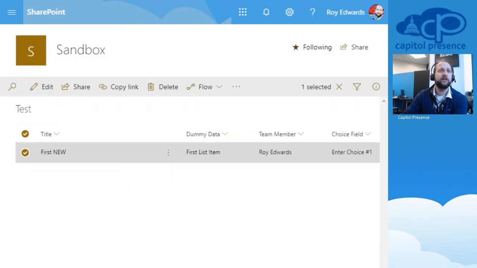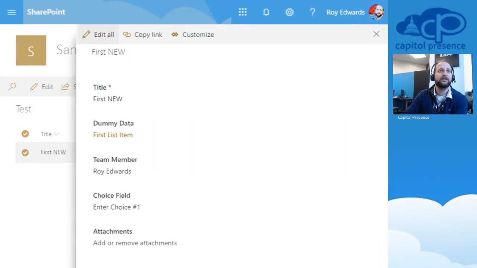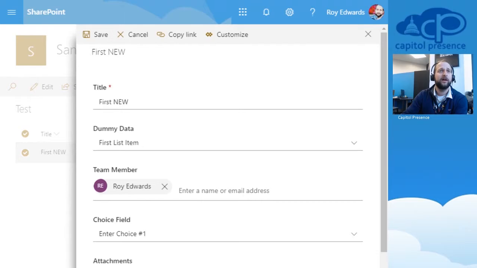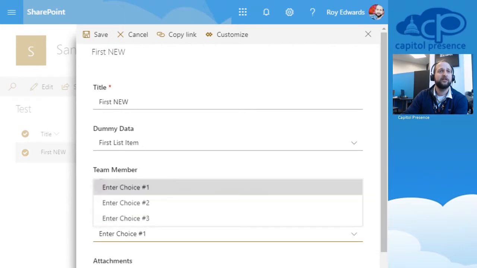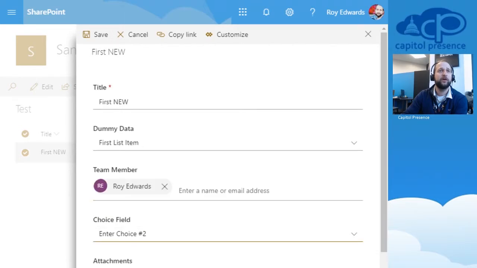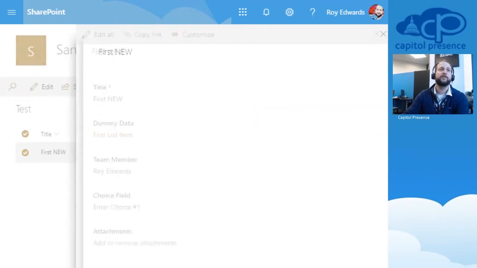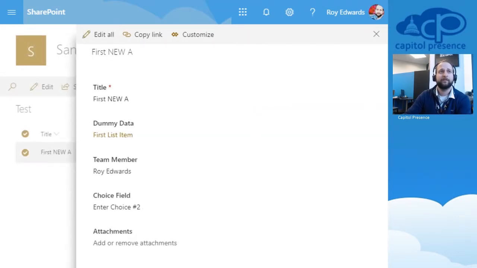So what you can do is, if I were to go in here and edit this, let's say I want to change this choice field to choice field 2. You know what? This is no longer first new. Now it's called first new A. And we want to hit save. Or if we're adding attachments, we'll just go ahead and hit save. Notice that